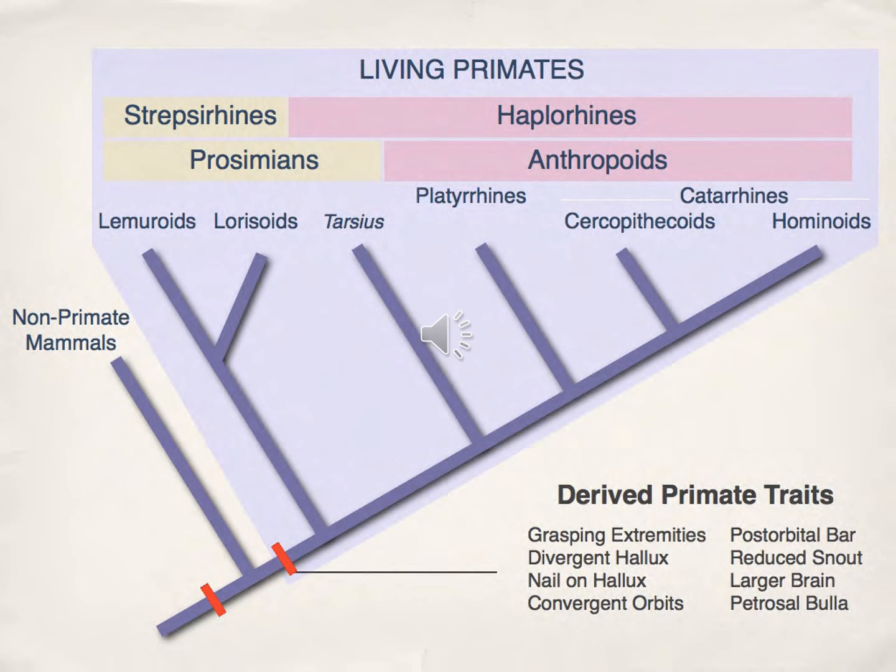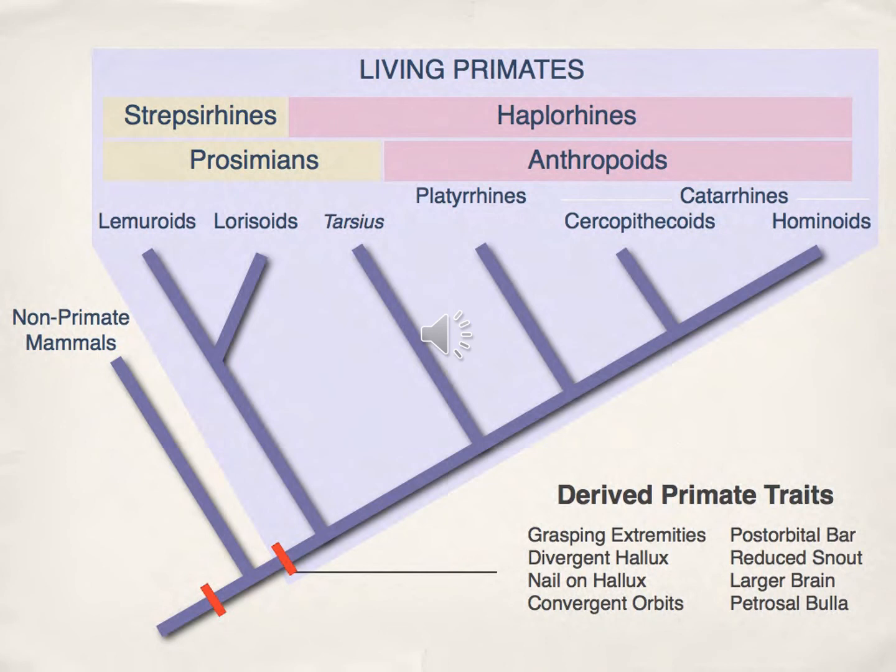And to be a primate, you need to have convergent eye orbits. All primates do. You might see some other mammals have it, like, for instance, a cat. Other felines have convergent eye orbits. A bear, like a black bear, has convergent eye orbits. That's because they are predators, and they need stereoscopic vision and convergent eye orbits to be able to hunt other organisms that have divergent eye orbits. They need to have this type of advantage. So we do see convergent eye orbits evolve in other separate ancestral mammalian lineages, but all primates have convergent eye orbits